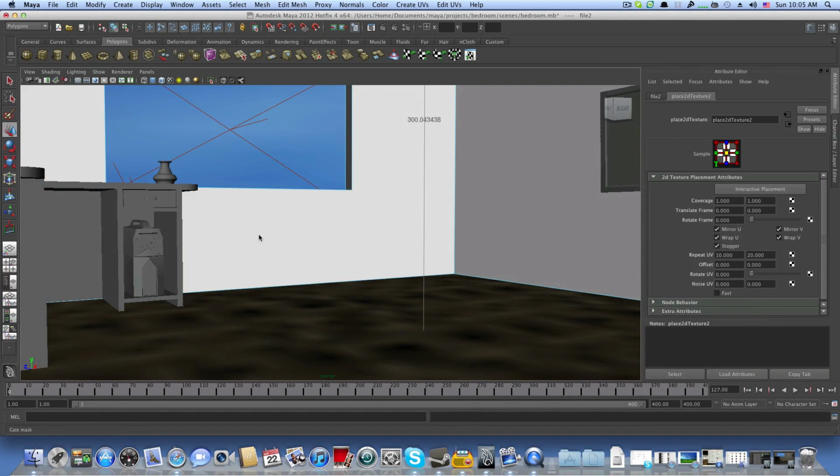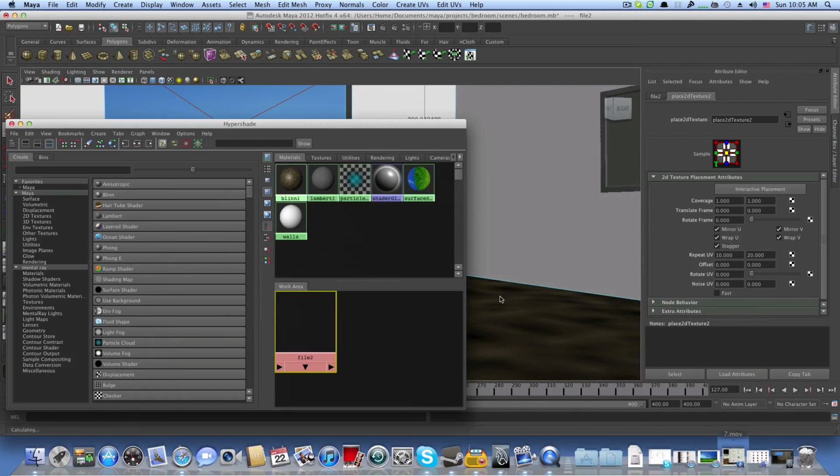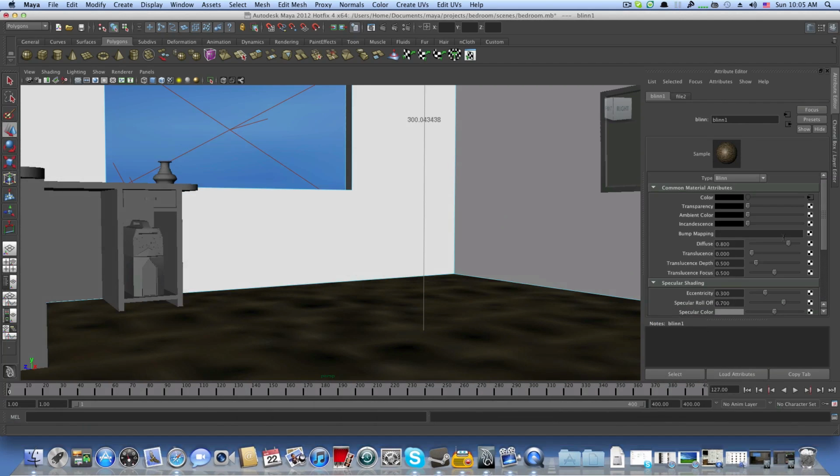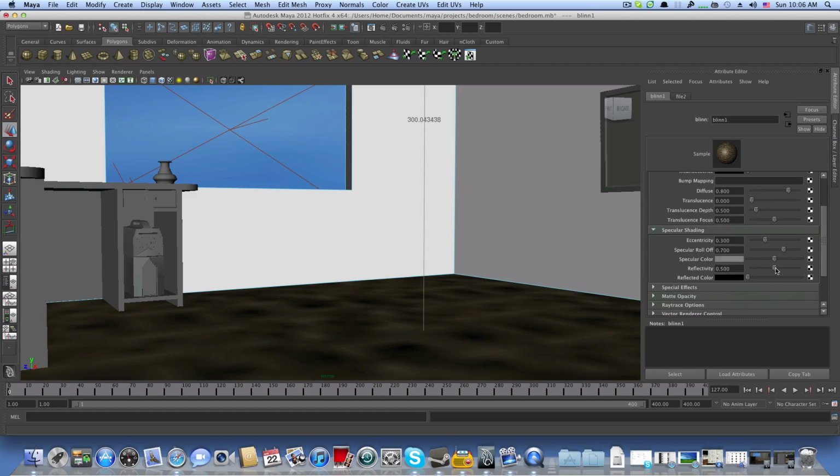So we are going to open the Hypershade again and choose our blend for the floor, and let's see what we can do. First of all, we can maybe lower the reflectivity from 0.5 to about 0.3333 or something. Also, the specular roll-off, we better bring this down, and maybe the specular color